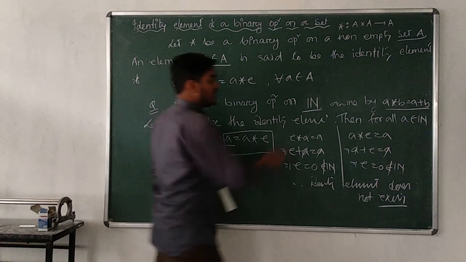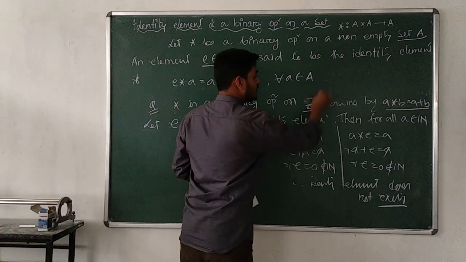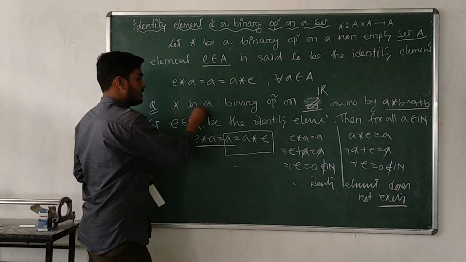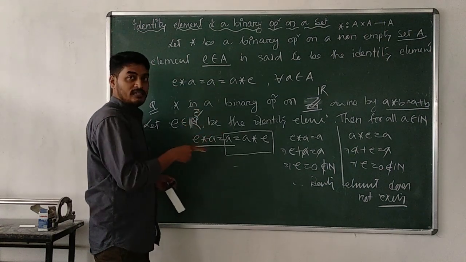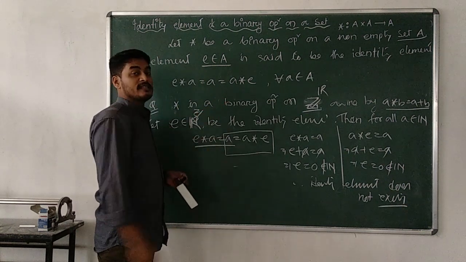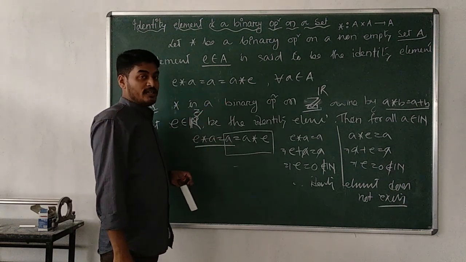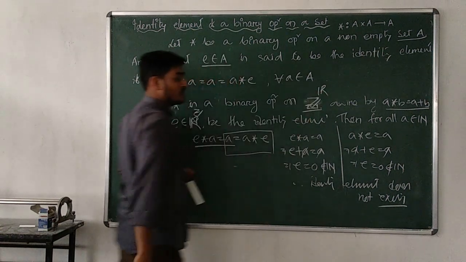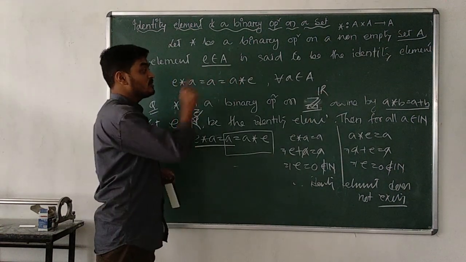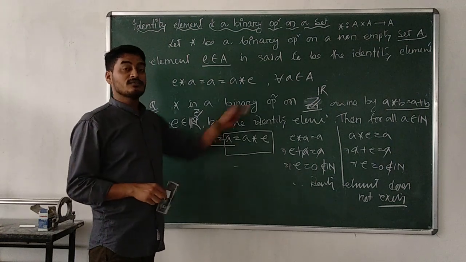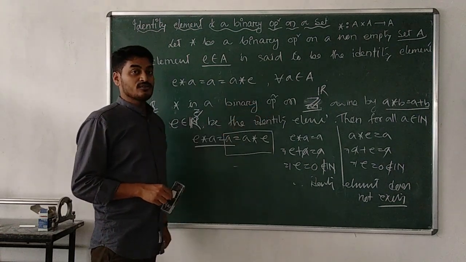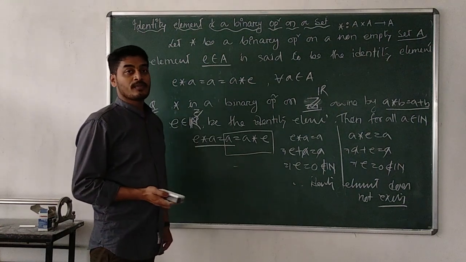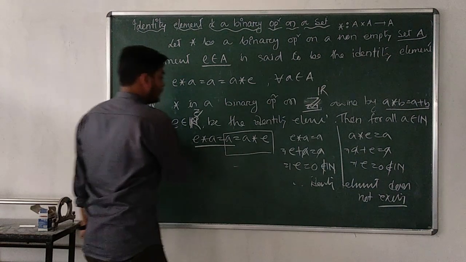A natural number. If we had said integers or real numbers, then obviously whatever may be the value, you have got e equal to 0, and it is both an integer as well as a real number. That's why 0 is there in the set of integers as well as the set of real numbers, so it will be the identity element. But here the set is natural numbers, and 0 cannot be a natural number, so the identity element does not exist. In this way we can easily check the conditions.